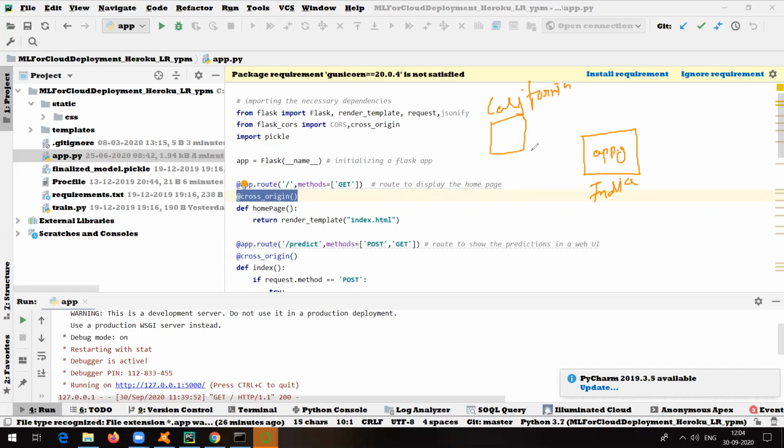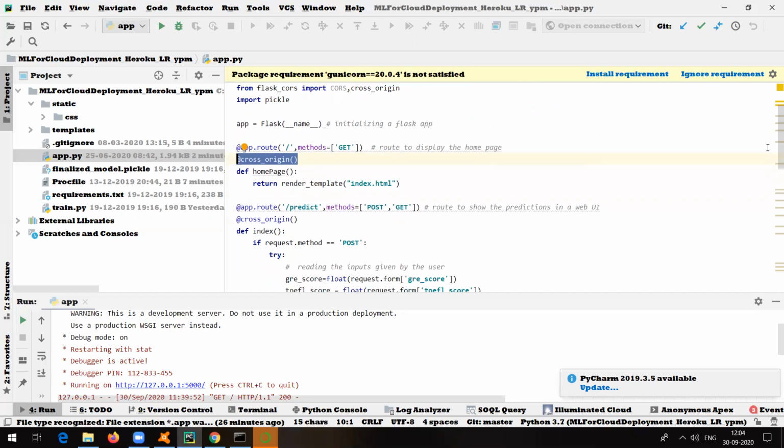So just to allow cross platform access for this person to my application, that will be taken care of by this cross_origin. That's why we use this particular method here. Okay, @cross_origin. And from where are we importing it? From flask_cors, we are importing CORS and cross_origin. That's the use of cross_origin, to allow access from different platforms.